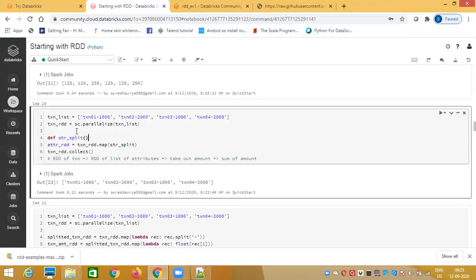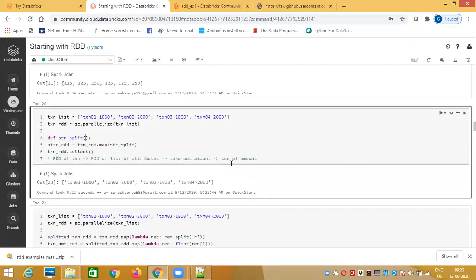Just when you are practicing the program, practice in this way. Don't just copy paste the entire program and execute it in one shot. It's difficult to understand. So let's write line by line and practice it. In your notebook, you have the entire code. You just create a new cell below and start typing the code one by one. That way you'll remember the thing for a longer time.